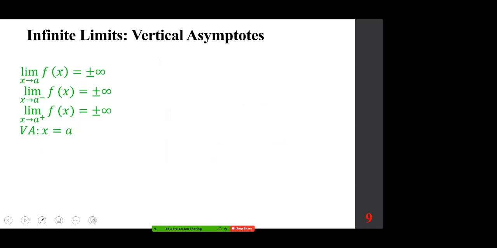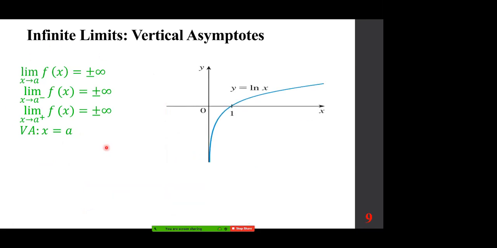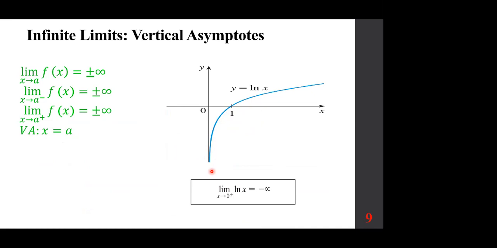Therefore, it gives rise to the definition I put up for you. And just as an example, I hope you remember the basic functions and their graphs. So we can say the limit of ln x as x approaches 0 from the right is negative infinity. I hope you remember this simply because you are going to remember this graph. So having said that,